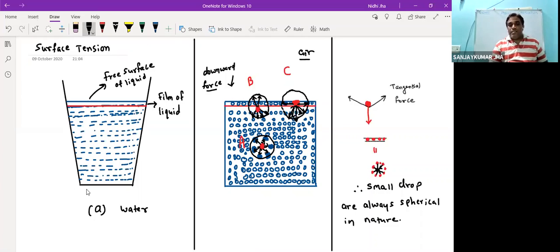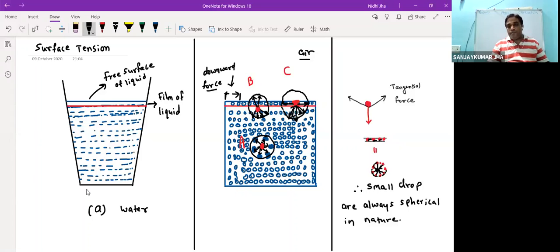Now, students, see over here in the diagram, if I take a small segment, all these liquid molecules are exerting force on each other. Basically, this is the cohesive force. Now for a very small drop, as all the liquid molecules are bound to each other by cohesive force, they have the tendency to minimize the surface area. Therefore, they contract their size and always take the shape of a sphere.